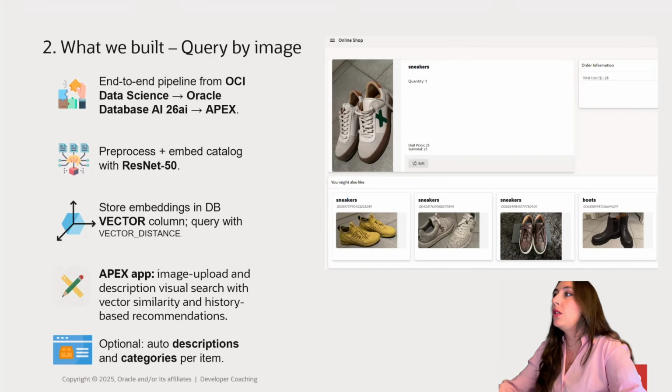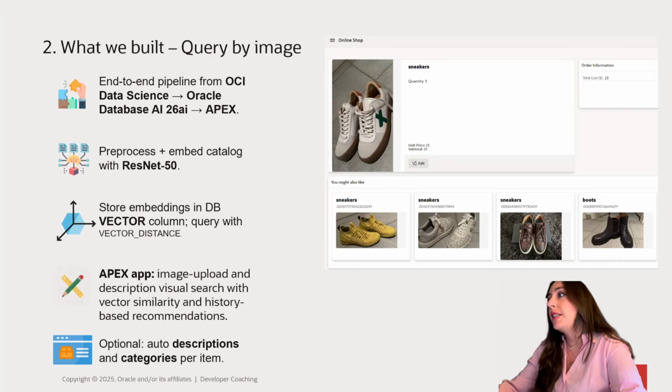Then the application is going to call the SQL query, retrieving the nearest neighbors, and show a visual grid of similar products. Plus, you might also like, something that we added, recommendations that are based on your history. Then also optionally, you can plug in a model that generates automatic descriptions and categories for each item. It is going to help you to enrich the catalog and improve the search.